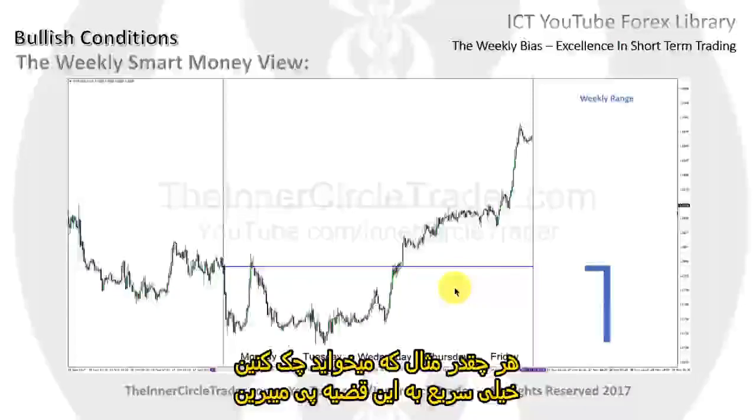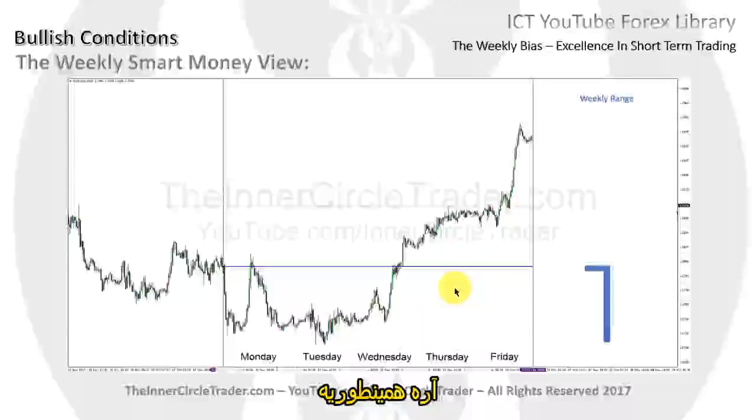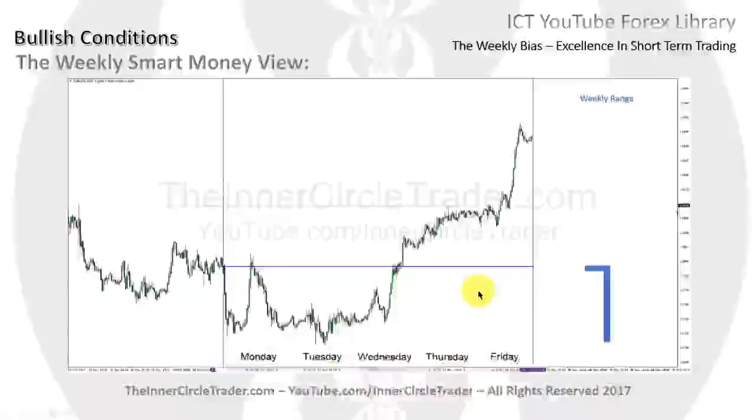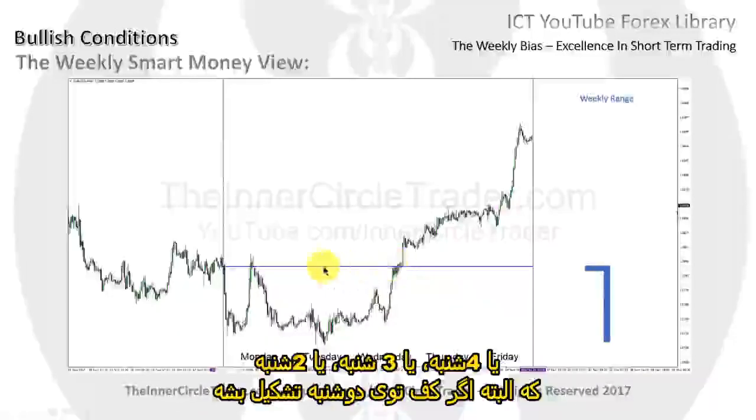As many examples as you're going to find, you're going to see quickly what I'm telling you is the gospel. Okay, it's just the way it is. You can argue and wrestle with this, but if you trade against this premise, now you're going to understand why you're losing money. Okay, so once we get through the opening price on Wednesday or on Tuesday or Monday, I